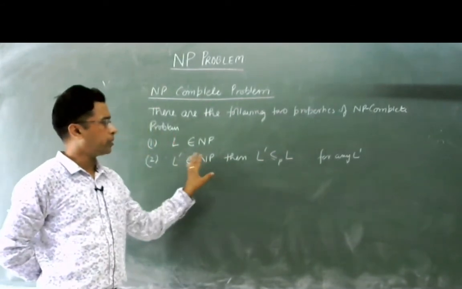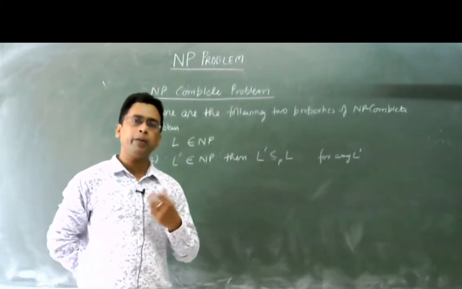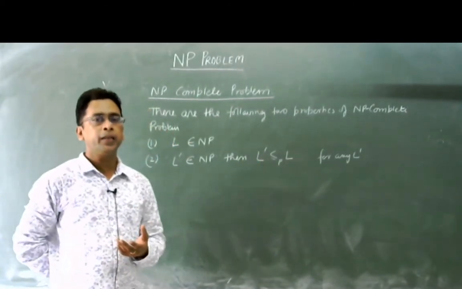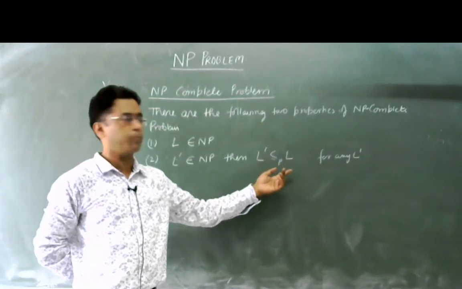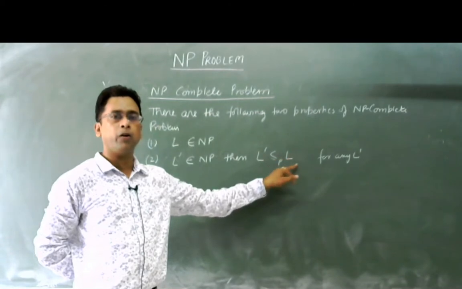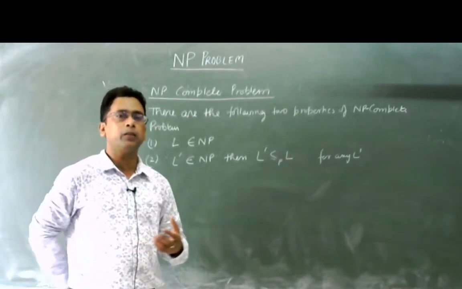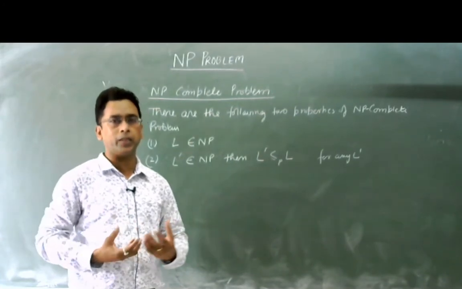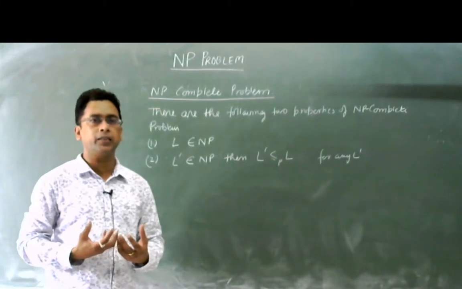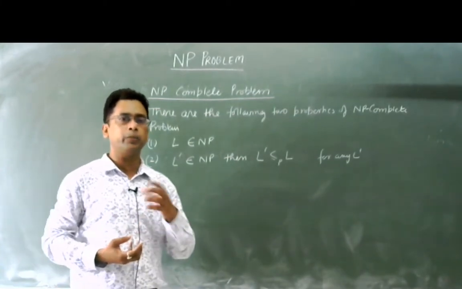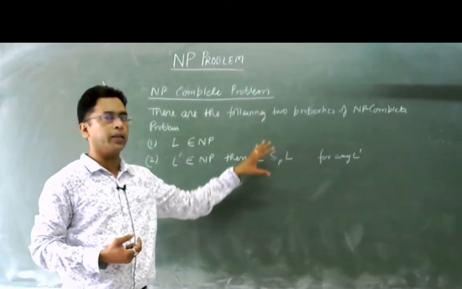Here you may not understand what it actually means. It means that if any problem is an NP problem, then that problem should be at least polynomial-time reducible to that L problem. L is a decision problem, meaning you are relating two different problems with each other. How you are relating these two problems is considered the concept of reducibility, which I shall discuss now so that you can understand that.